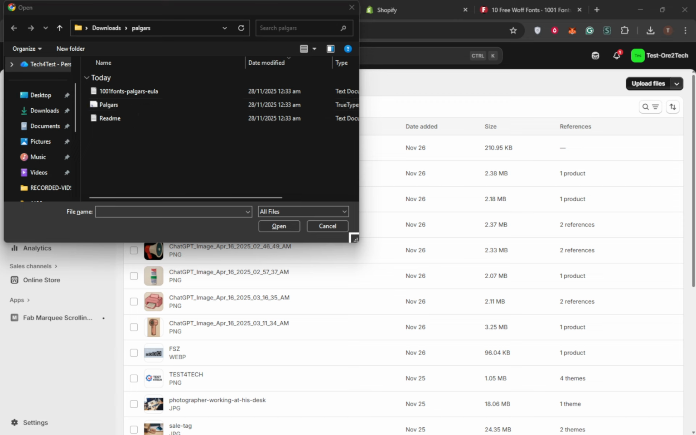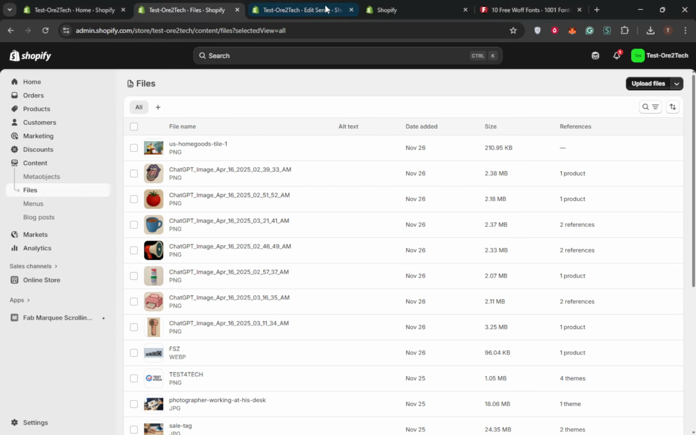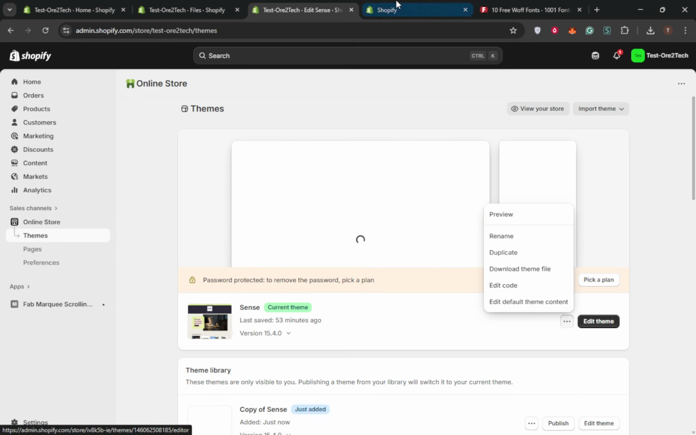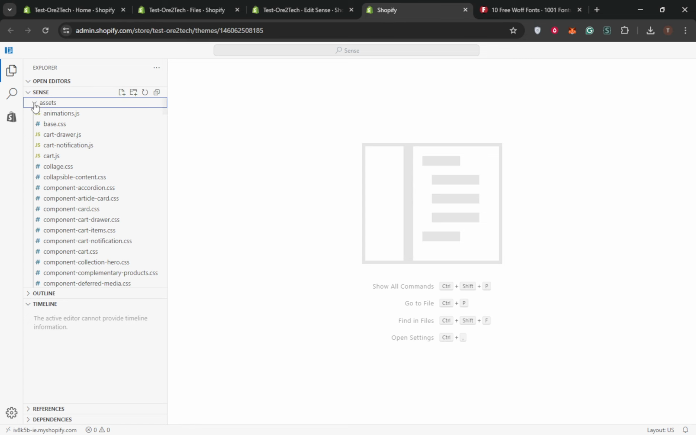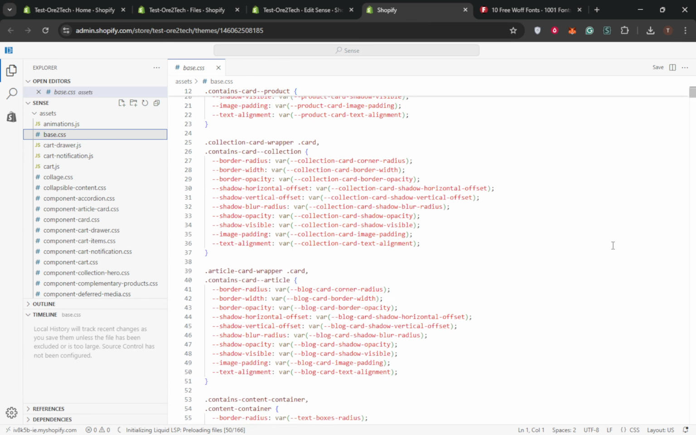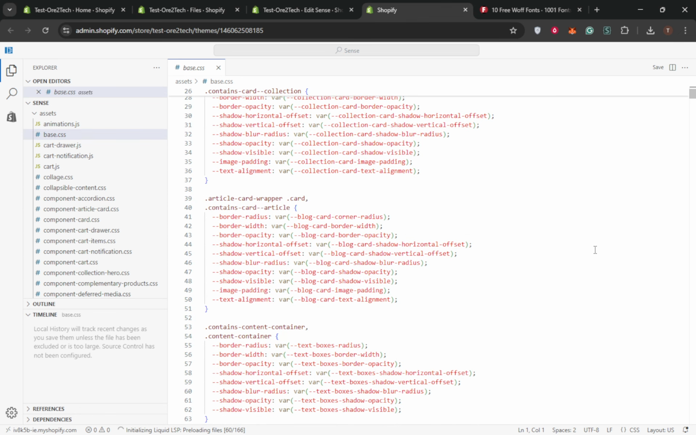Now add the font face declaration. Open your theme editor, choose Edit Code, and look in the Assets folder for a CSS file such as base.css or theme.css. Some Sense setups also offer a custom CSS setting that works too. Create an @font-face block that sets font-family to a clear name like My Custom Font, and set src to your files. If the files are in Assets, reference them with url('my-custom-font.woff2' | asset_url)